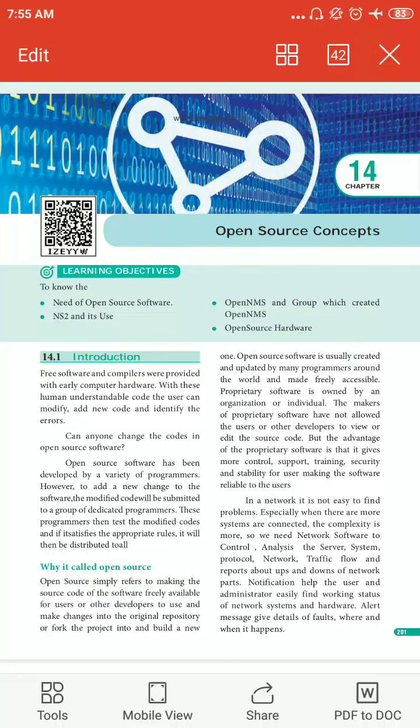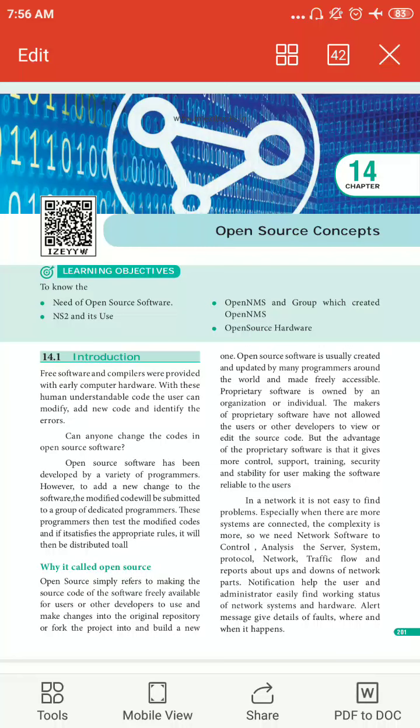So before going into that, what is meant by open source? Open source software is a software that will be available on the internet for free. You can download it and install it in your computer without any payment. And you can also change the software as you like. The source code of the application will be available to you. You can change whatever you want to change, and you can do whatever modification of the source code as you wish. So this is open source software.